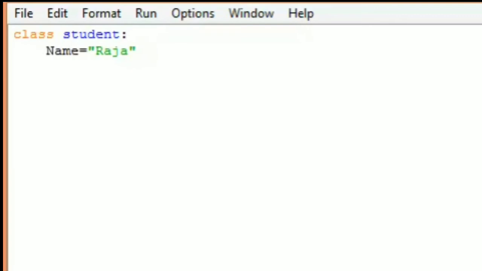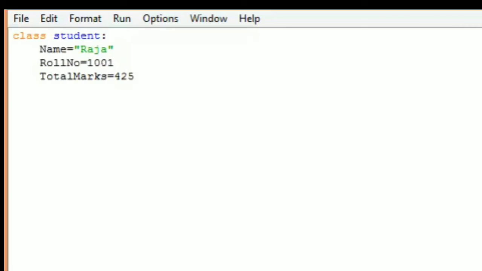Now I declare the second variable, roll number, equal to 1001. Now I declare the third variable, total marks, equal to 425. This is a simple example of creating, or defining, a class. Basically, a class consists of data and functions.